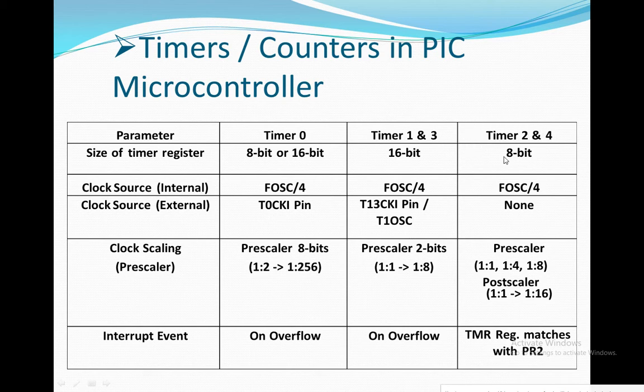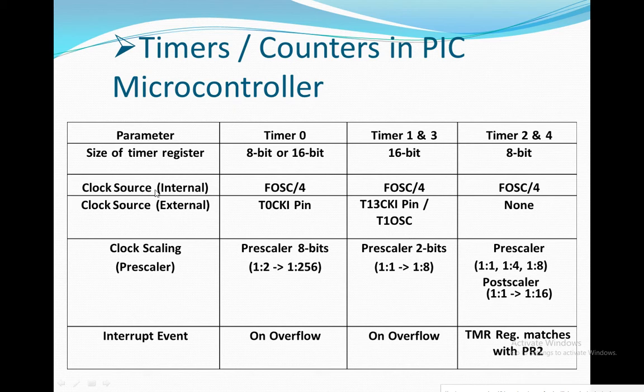This timer 2 is used for setting the values of these modes, and the remaining 3 timers we can use for interrupt generation, delay generation, counting purpose. All these operations we can perform by using timer. Timer 0, timer 1, timer 3. You can see timer 0 can be operated in two modes, 8-bit mode and 16-bit mode. Timer 1 and 3 can be operated in 16-bit only.